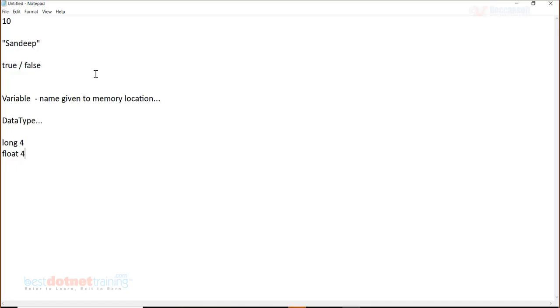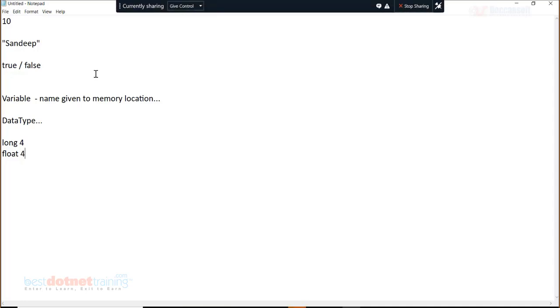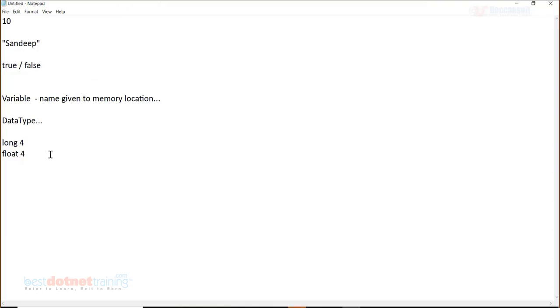So I say the major reason why we have to choose an appropriate data type for every variable is that the variable is going to be allocated X number of bytes, and most importantly, the format of data in that memory location is going to be decided based on the data type.